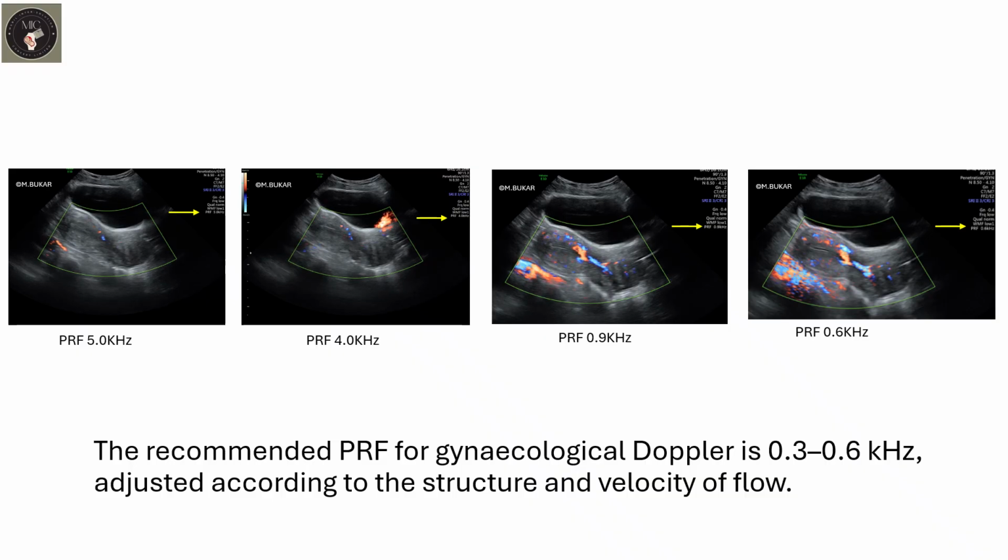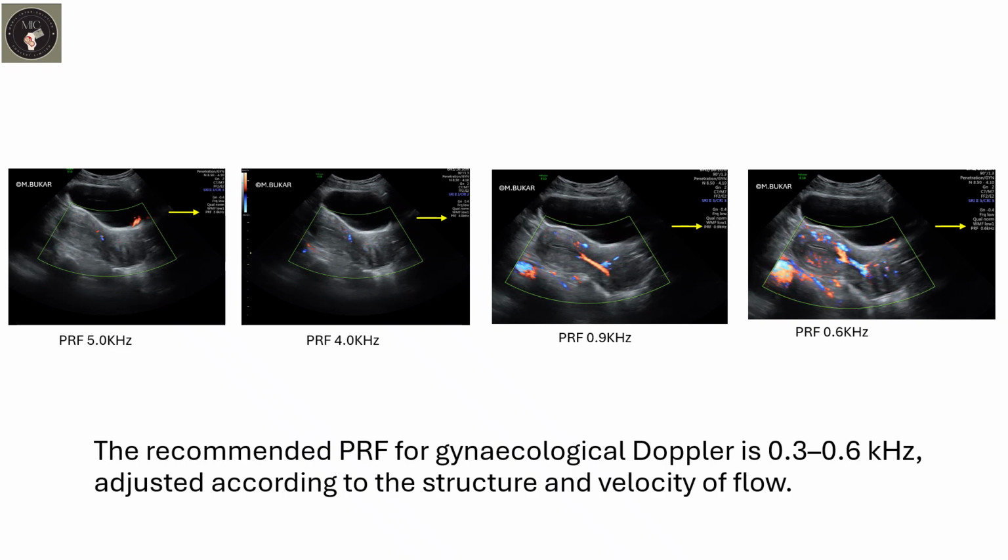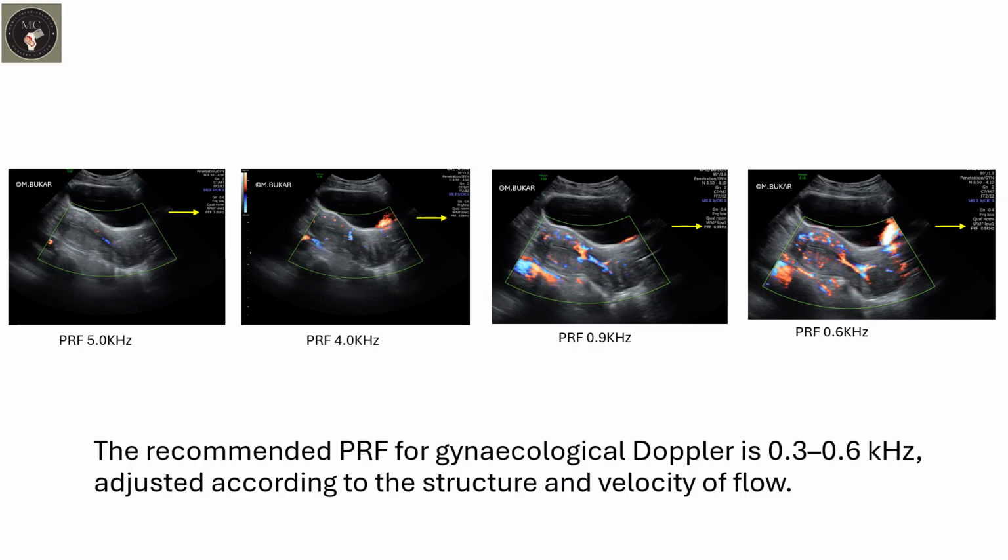So 0.9, and look at 0.6. Optimal. Because this is a high definition Doppler, 0.3 gives aliasing, and that was why I stopped at 0.6. So look at this. Clearly the origin of the feeder vessel down to the prolapsed fibroid, the arcuate vessels, everything is clearly outlined. So remember that the recommended PRF for gynecological Doppler is 0.3 to 0.6, and it should be